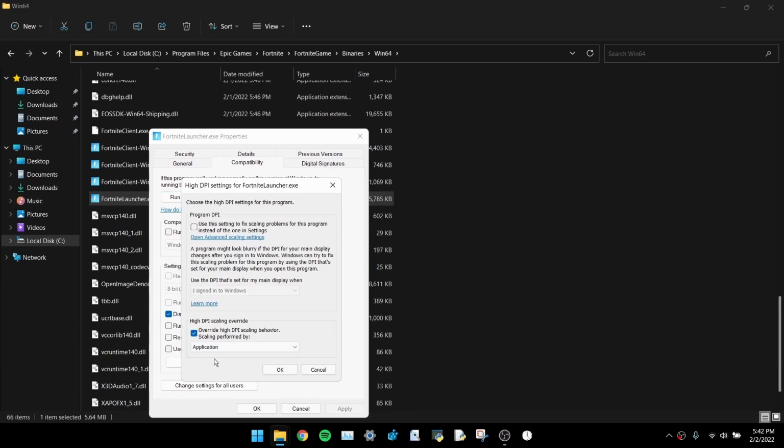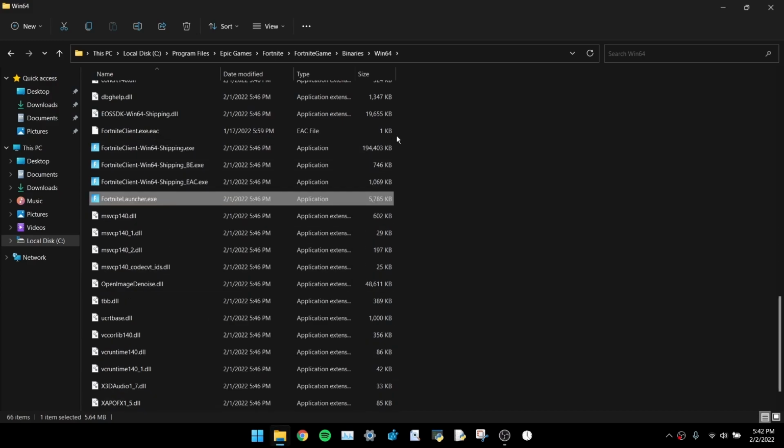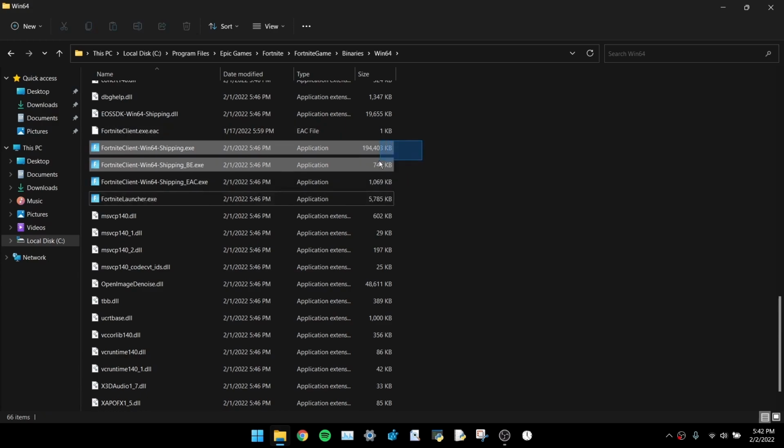And guys, make sure this is on application, not on system, otherwise it's gonna really affect your performance. Make sure this is on application, guys. Sorry, application. Okay. Once you're done with this, apply. Okay. So now you have done it for all these 4 files, guys. Once you're done with this, there is another thing you can do,